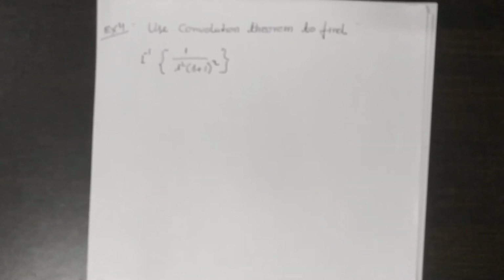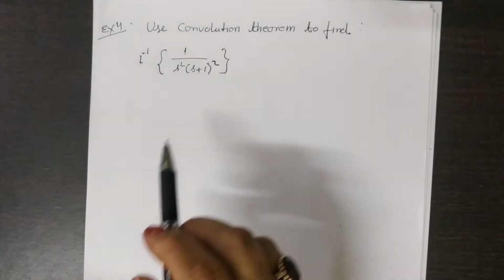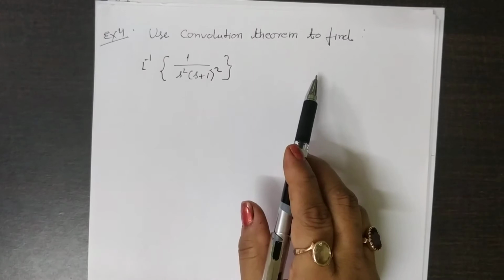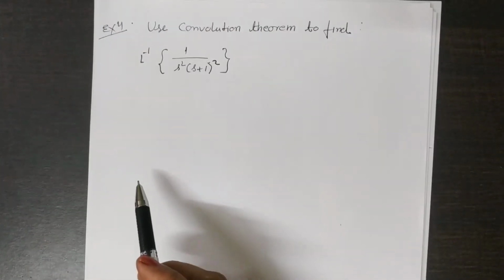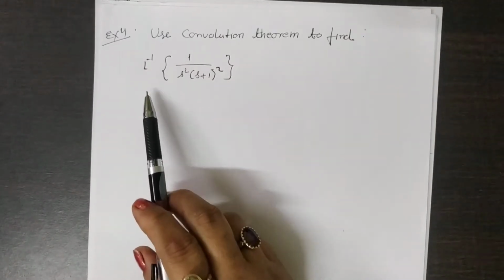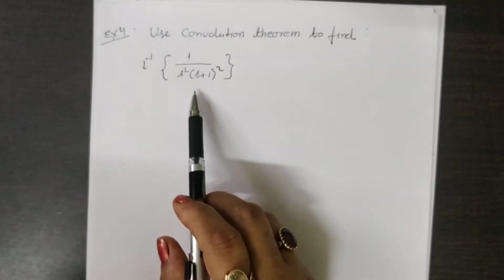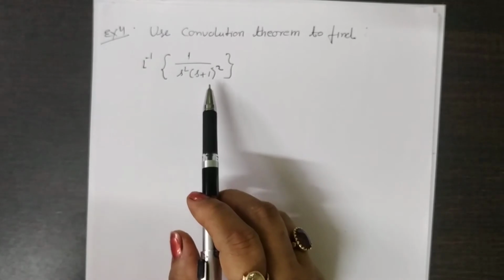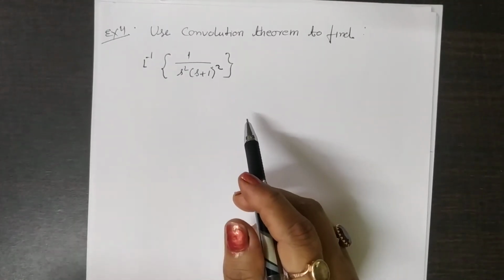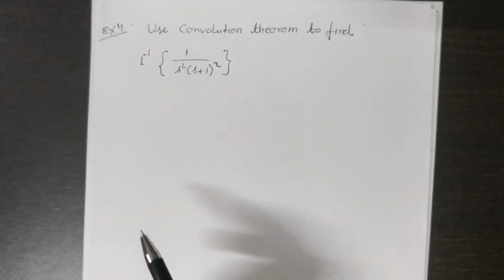Yes, student. Now I have defined another question of inverse Laplace transformation. Here you find the solution from the convolution theorem. Using this convolution theorem, the example is this one: use the convolution theorem to find the Laplace inverse of 1 by s into (s plus 1) whole square. Now, let us suppose that this can be done as the Laplace of,